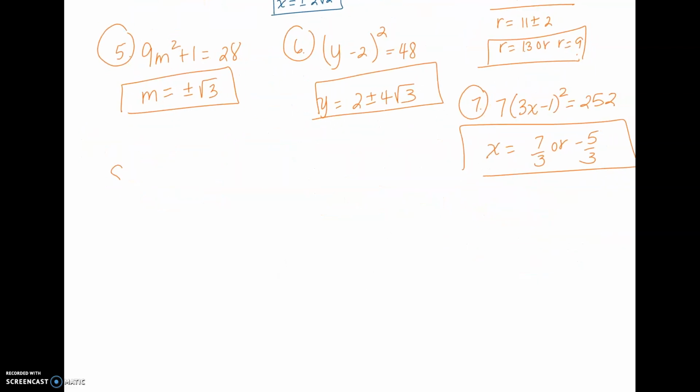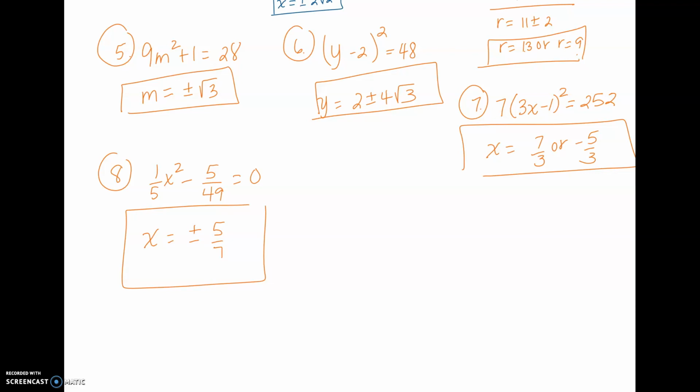One more. And number 8 is 1/5 times x squared minus 5 over 49 equals 0. Your solution should be x equals plus or minus 5/7. Okay, I'm going to stop the video here because that's all I'm doing for lesson 1,